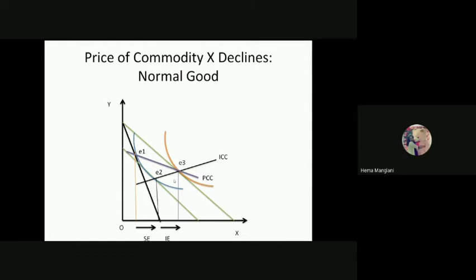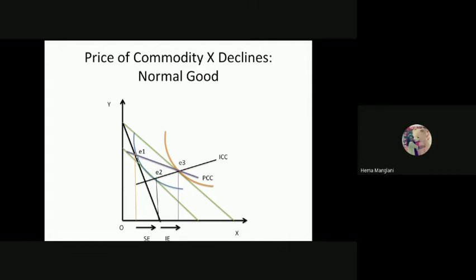And when I join this E2 and E3, it gives you the ICC, which is the income consumption curve. And if I join E1 and E3, it means both the income effect and the substitution effect. This is the substitution effect and this is the income effect. If you join together E1 to E3, then what is it giving you? The price effect. Now that makes a difference over here. If you take only the E1 to E2 effect, then it gives you only the substitution effect.